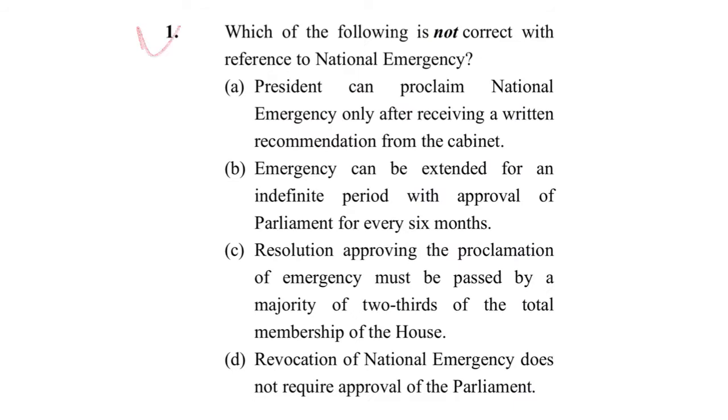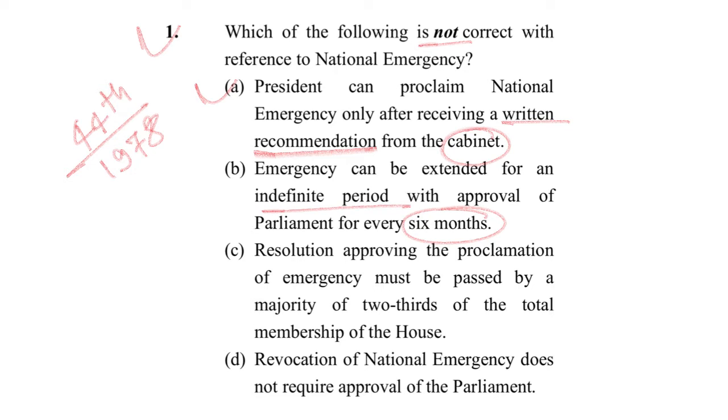Question number 1. Which of the following is not correct with reference to national emergency? A. President can proclaim national emergency only after receiving a written recommendation from the cabinet. Yes, written recommendation is required, and this provision has been added by the 44th Constitutional Amendment Act 1978. B. Emergency can be extended for an indefinite period with approval of Parliament for every 6 months. Yes, it can be extended for an indefinite period, and special majority is required